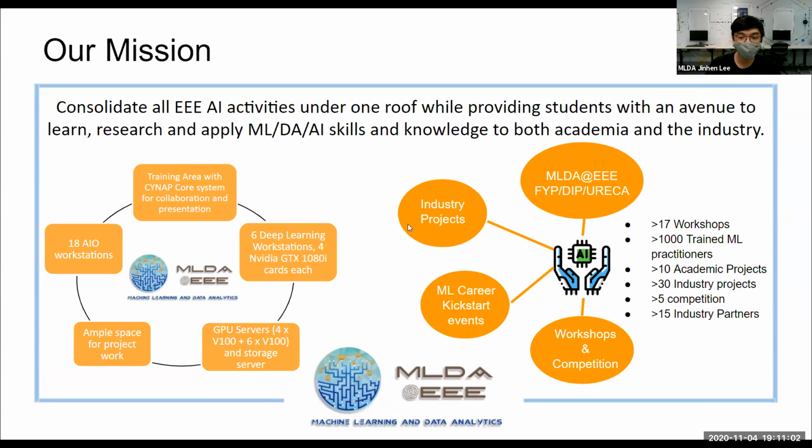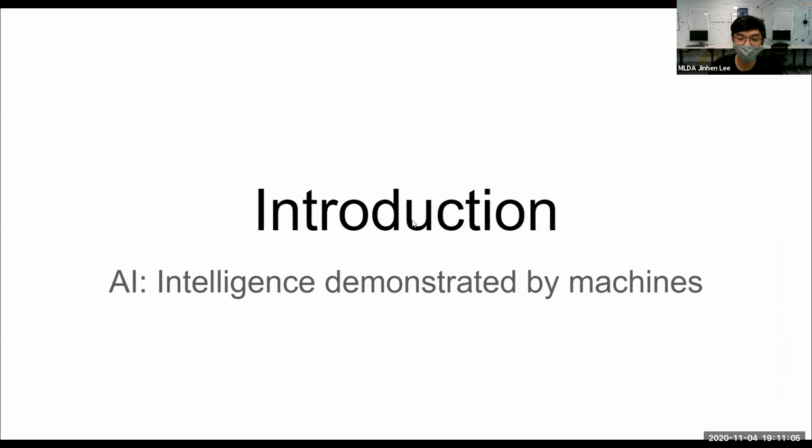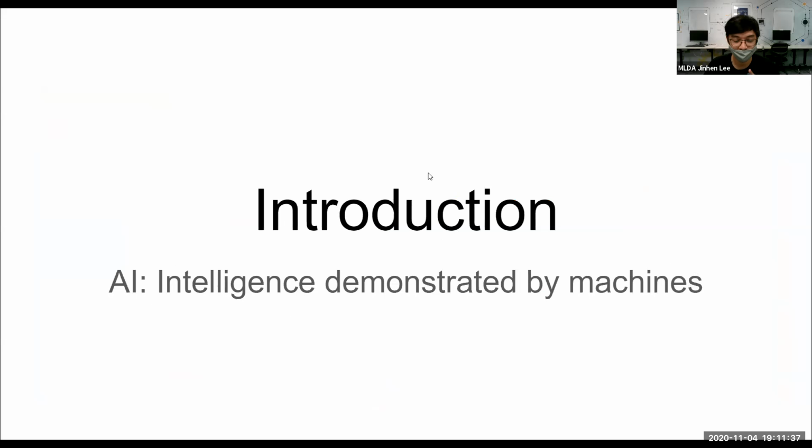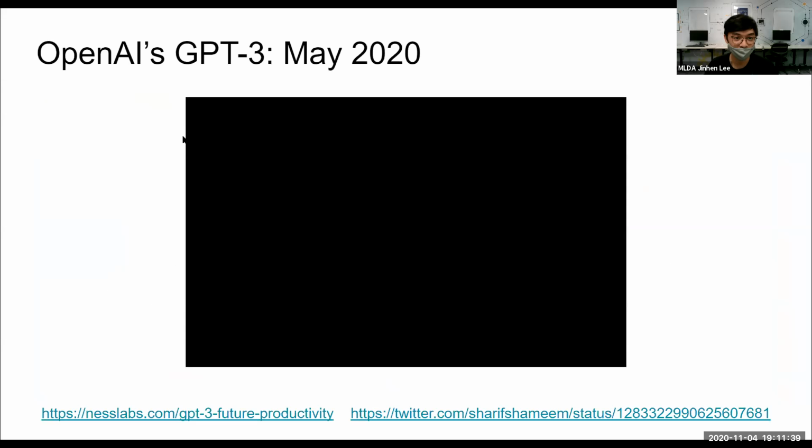To start off, when we talk about artificial intelligence, we need to define this term. Simply put, it's intelligence demonstrated by machines. Demonstrated by machines is quite an easy explanation, but the problem comes when we define what intelligence is. Later we will have a few things to discuss. But to get you excited about what artificial intelligence is, maybe I can show you something current that is quite cool, I think.